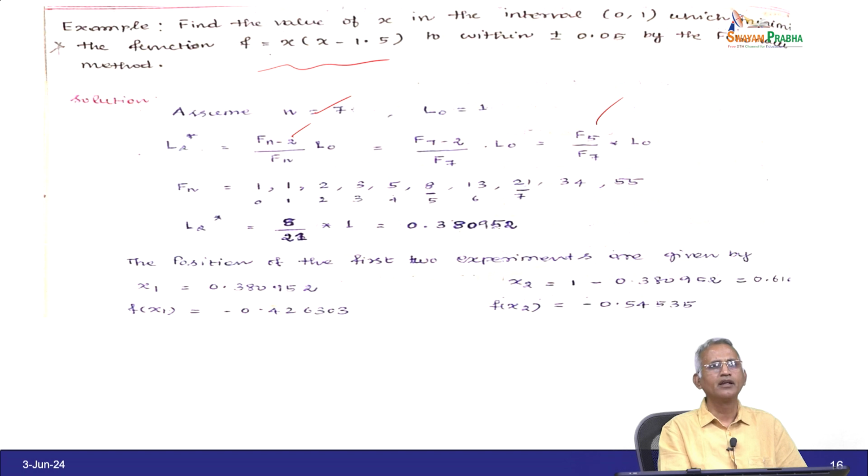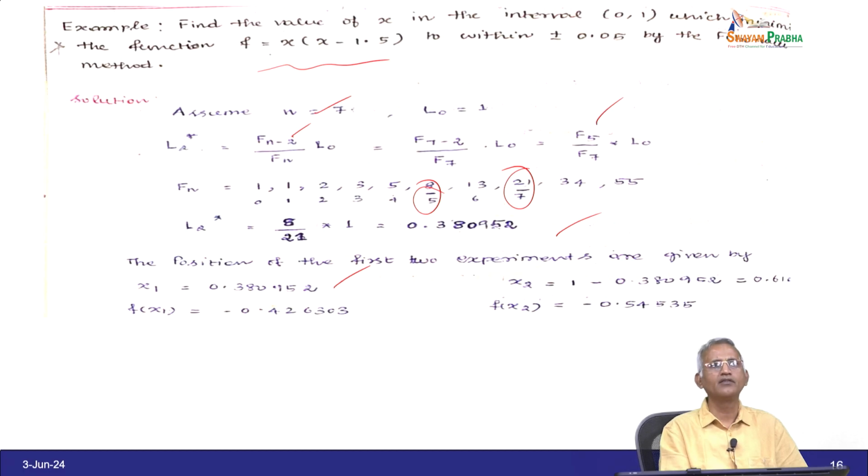In the Fibonacci sequence, we have F5 is 8 and F7 is 21, right. So, this is the 5th term and 7th term. So, 8 by 21 into 1 equal to 0.380952. Now, the position of the first two experiments are given by x1 equal to 0.38095,